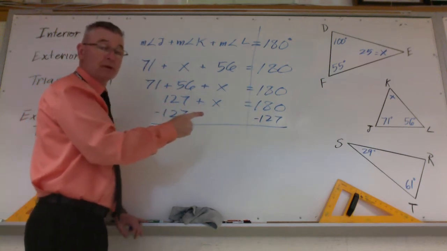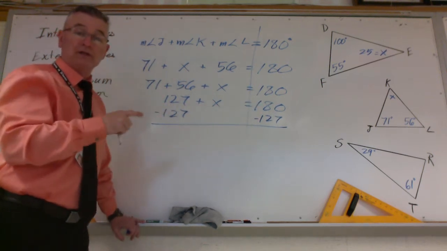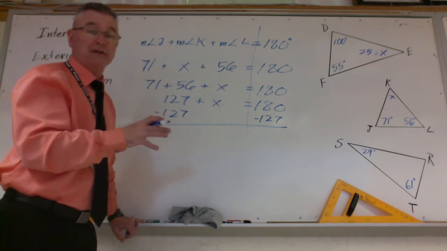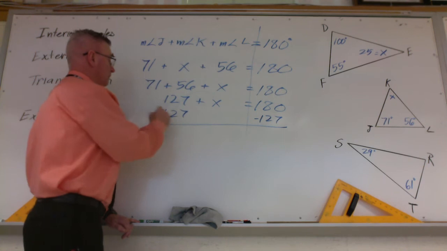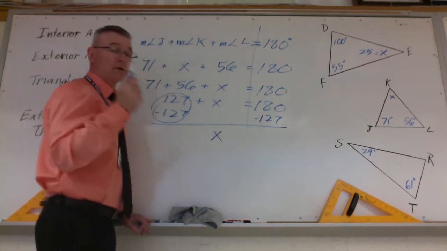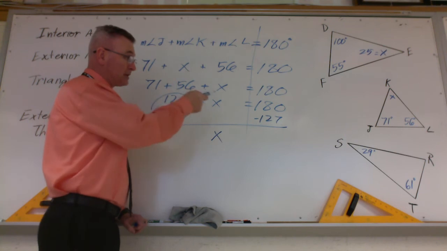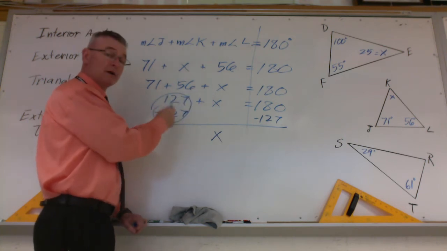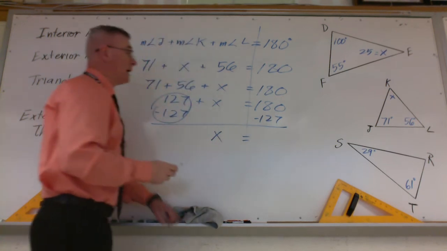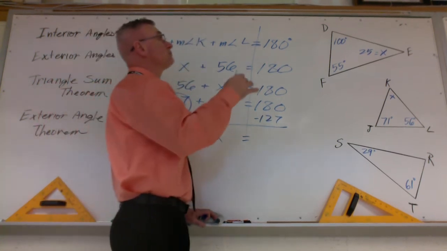I never work from the other side of the problem. Real mathematicians don't either, because, or excuse me, not real ones, but practiced ones don't. Not to say that you're not a real mathematician. But the ones that want to be better at this stuff don't pay attention to that number over there. They do the stuff over here, and then it just falls to itself over there. Now, 180 minus 127 is